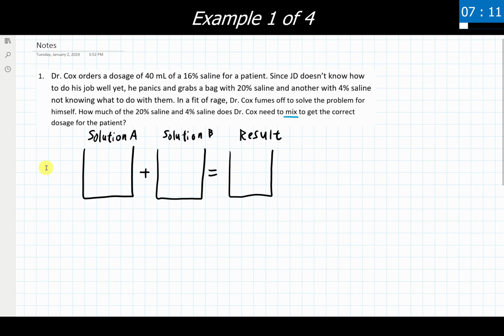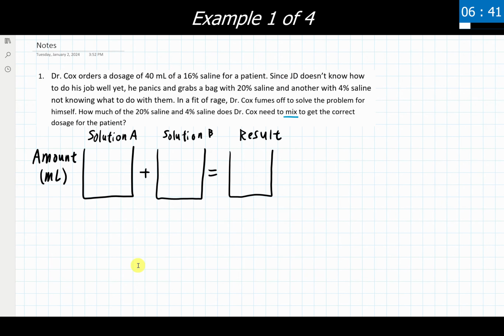So I'm going to list the amount off to the side. We want to make sure that we're also specifying what unit am I tracking for an amount. Is it gallons? Is it liters? Is it pints? Is it cups? And we look to the problem to see, do I have any units that I have to associate with that? Well, I've been told 40 milliliters, so that's the unit for amounts that I'm going to be using in this problem. We'll go ahead and adjust that labeling right there.